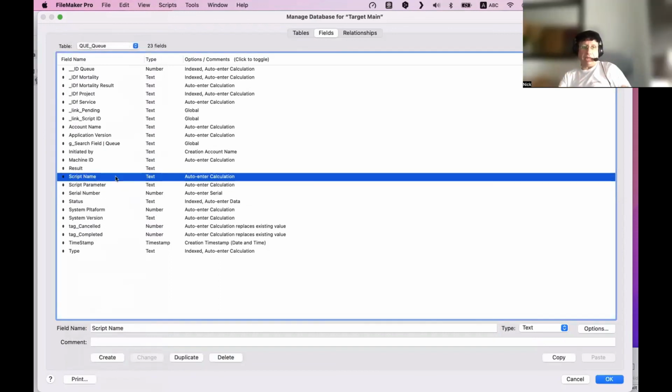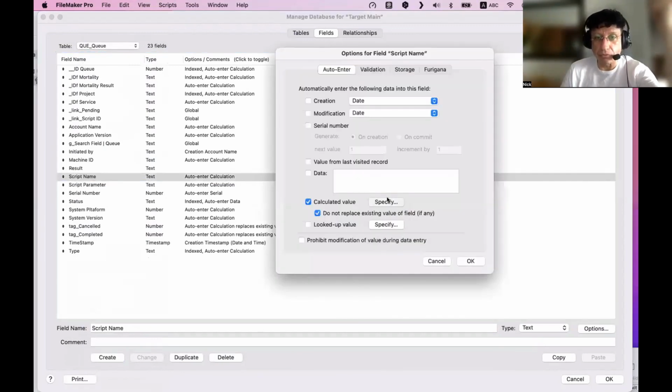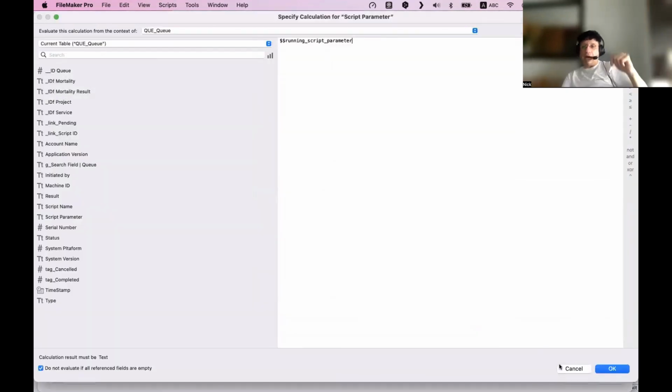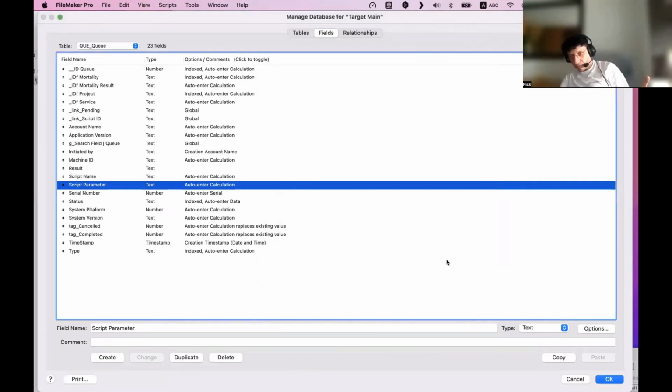When I create a new record in that table, I have the running script name variable and the running script parameters. I'm putting this in a record that I can identify. Why? Because I create the record in the table, close the window, and forget about it, and on the other side I have the bot waiting for it, but it needs to be able to read things. The bot needs two pieces of information: what to execute, which script, and its parameters.